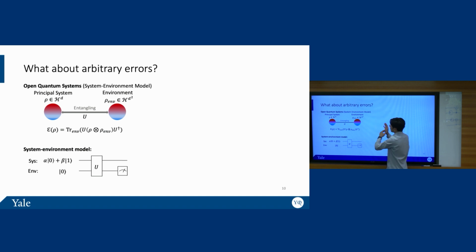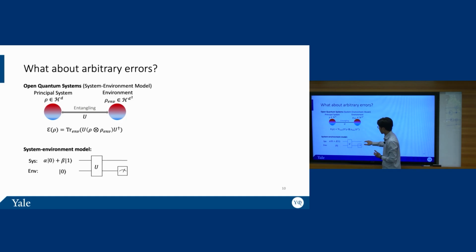There's an environment that can potentially entangle accidentally, and it's also a quantum system, and you can use the system-environment model to understand what could possibly occur to